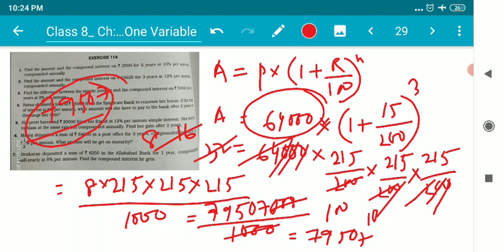So children, one question I want to give you as homework, that is question number 15. Along with it, you will try out these two sums which I have shown right now: question number 4 and question number 6. These two sums I have explained in this video. And question number 15, you will solve on your own and submit to me in the Google Classroom in the assignment section. If you didn't understand, please drop your queries in the comment section.